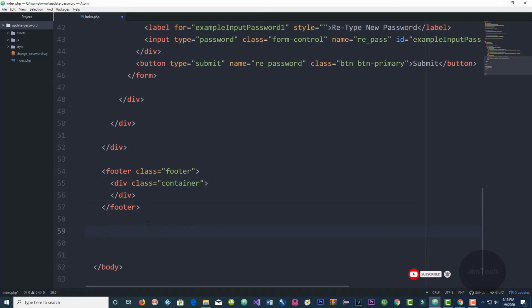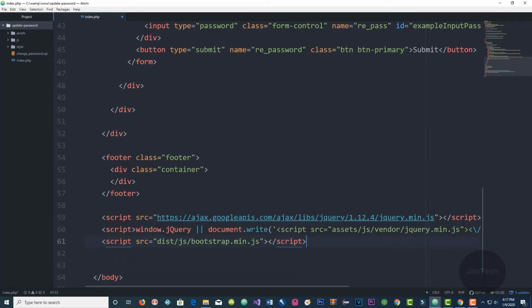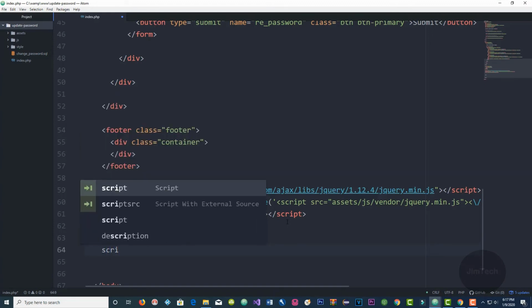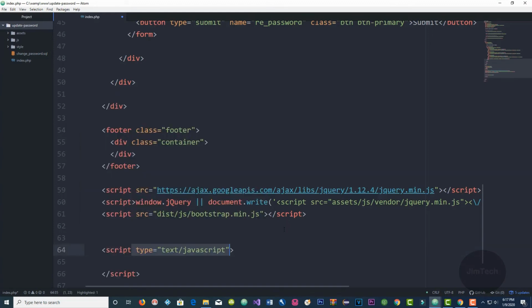Let's add our script. I already got some, but for the sake of this tutorial, I want to keep it as short as possible. Okay, let me paste this. This is our script, and I want to add one more. Let's say script. We need